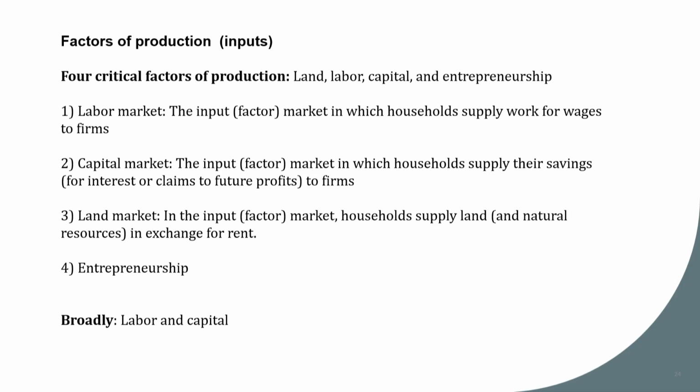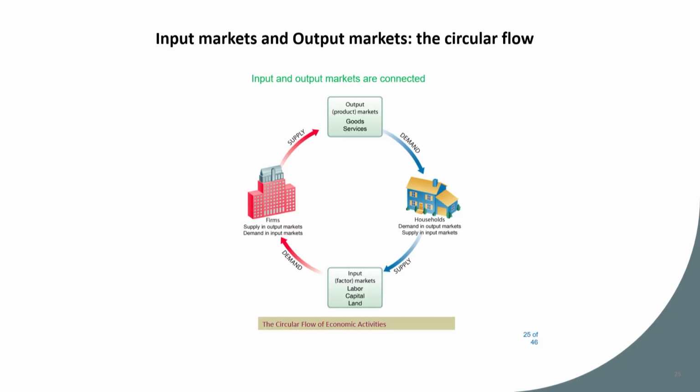One is called labor and the other one is capital. That is for the sake of simplicity and ease of discussion. We broadly categorize it into labor and capital. So labor includes the labor market, the workers and the entrepreneurship, and capital includes the capital which I mentioned plus land. So to get a clear idea of how firms and households interact in this market,